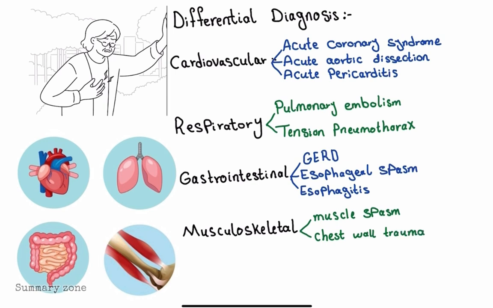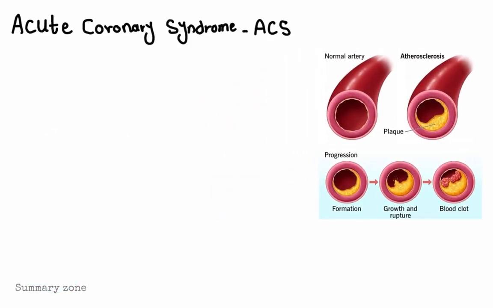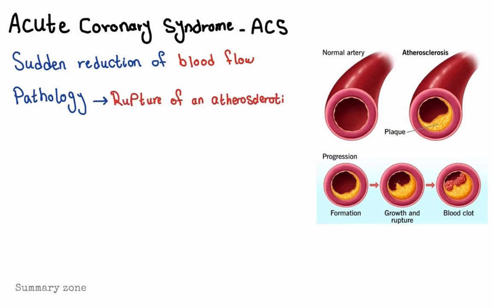Today, our focus is on the most common life-threatening cause, acute coronary syndrome, or ACS. So what is acute coronary syndrome? ACS is an umbrella term for a spectrum of conditions caused by a sudden reduction in blood flow to the heart. The most common underlying pathology is the rupture of an atherosclerotic plaque in a coronary artery, leading to thrombus